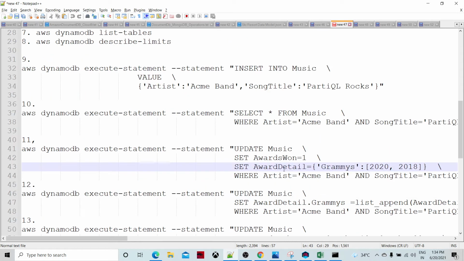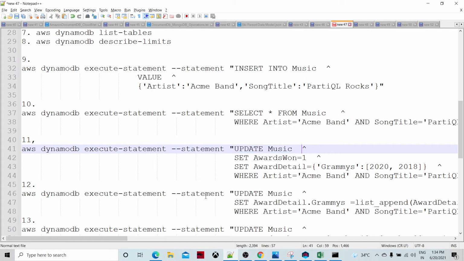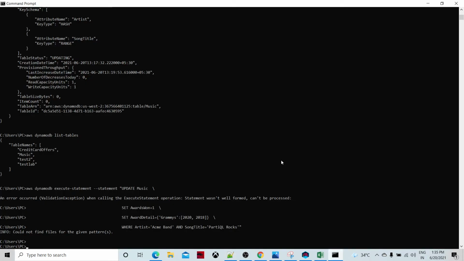I need to provide it now. Let me correct it, copy, and paste.